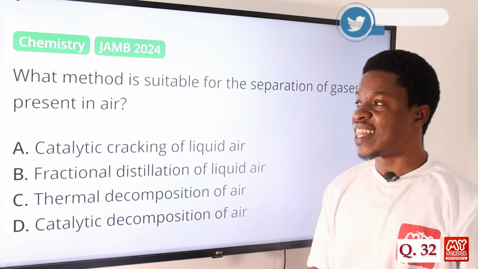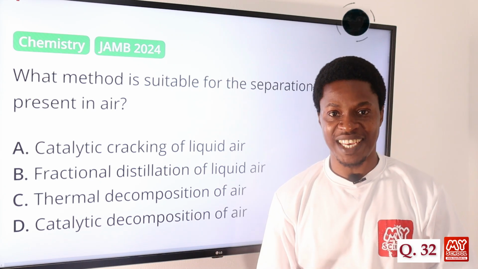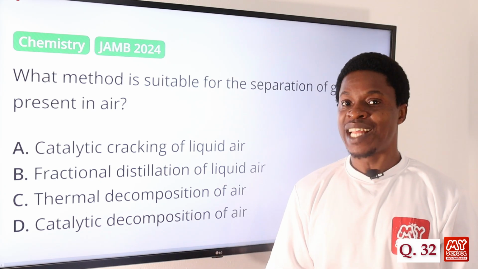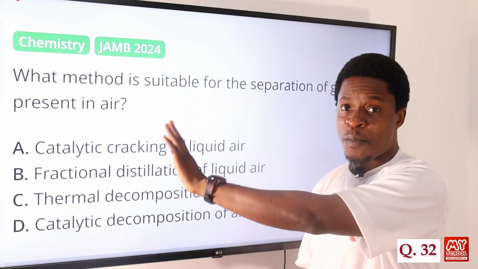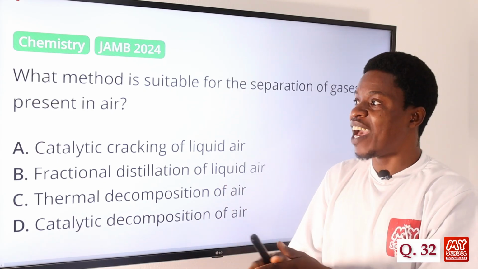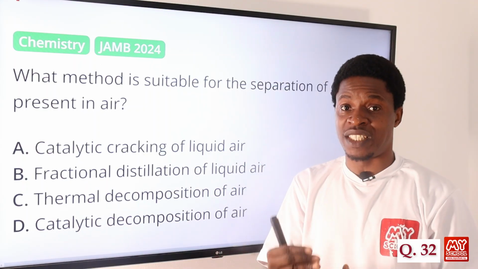First, you must understand that air is a mixture of gases. At least you know that from your elementary science. Air is a mixture of gases, and because it is a mixture, that means it is impure. It is an impure substance, so it is not pure. Because it is not pure, we have to separate it. And because air is a mixture of gases, and those gases have different boiling points,